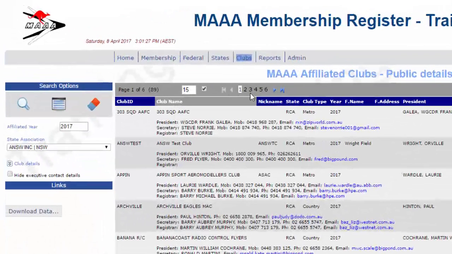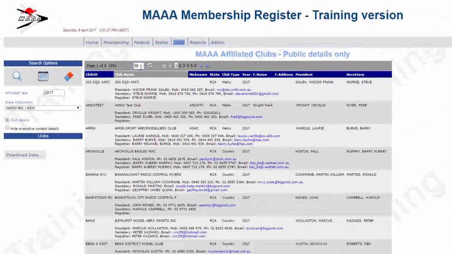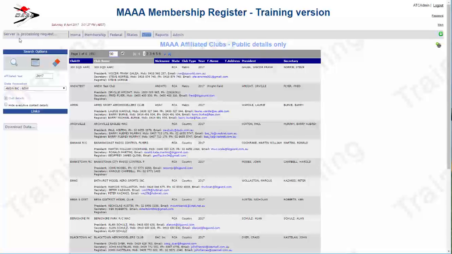If you wanted to see the next page of information, you can either click on the page number or click on the blue arrow. But if you prefer to see all of the clubs on one page, you can overwrite where it says show 15 and say put in 90. Hit enter. The server will process the request. Might take a little while,